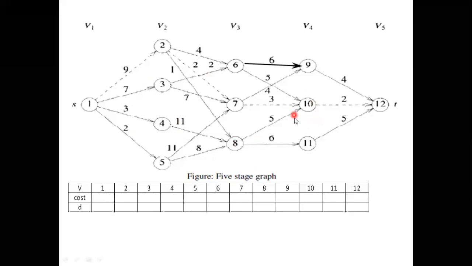Same problem only I will solve using forward as well as backward. Forward approach I will solve in this video. Backward approach I will solve in the next video. Right? This one we will solve the forward approach. I will write here forward approach. First method, call it as forward approach. Now what is forward approach? Backward approach we will see in the next video. What is forward approach? I already told what is our aim? 1 to 12 shortest path. That is our aim.